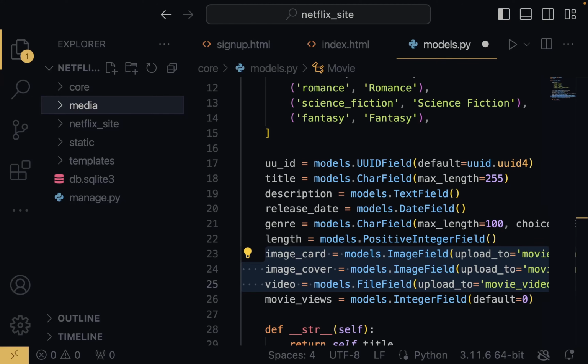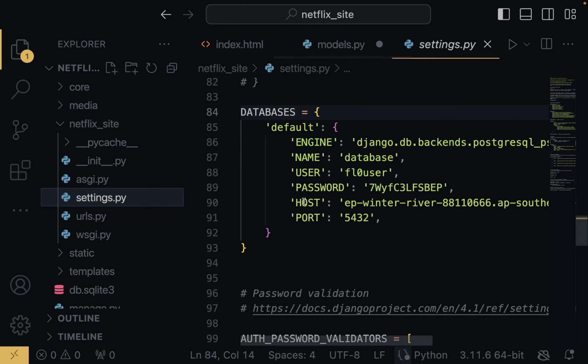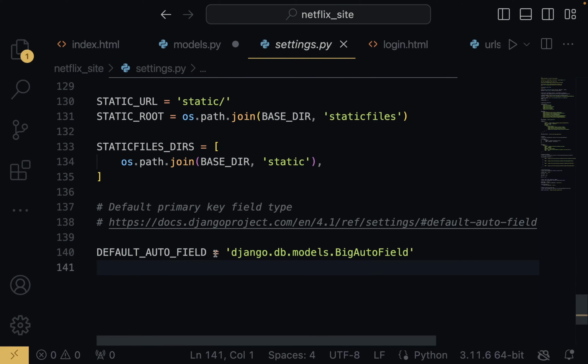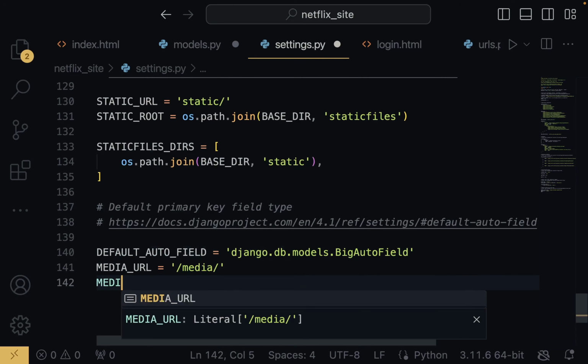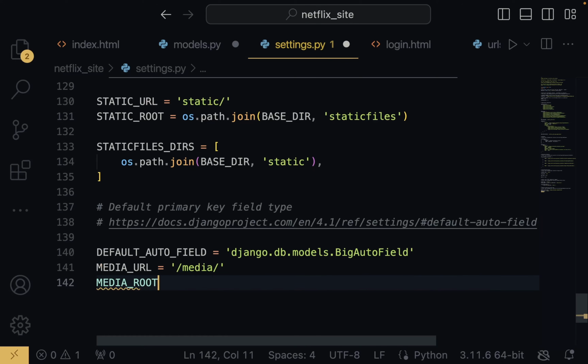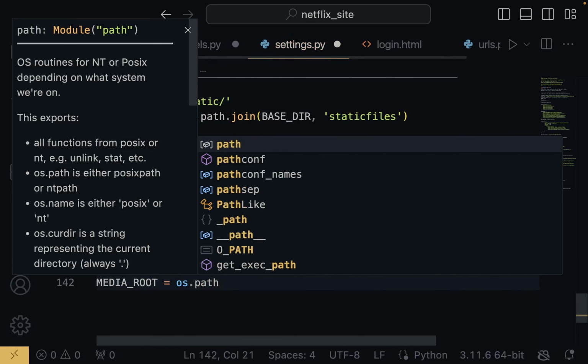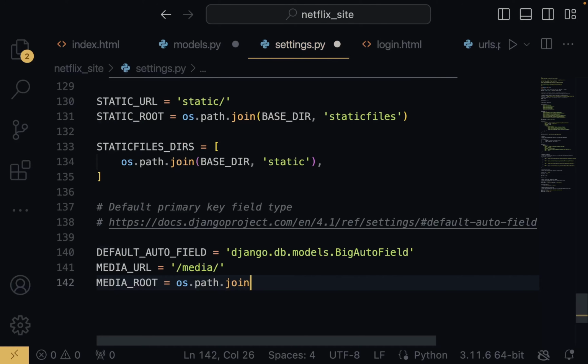So for us to do this now, we need to go back to the settings again, and then we need to add something there. So I'm going to come into project file, open up settings. Now I'm going to scroll all the way to the bottom, and right here I'm just going to say media underscore URL equals to /media/. So this is just saying the media URL should be /media, and then the next one is media root. The media root is going to be os.path.join base directory